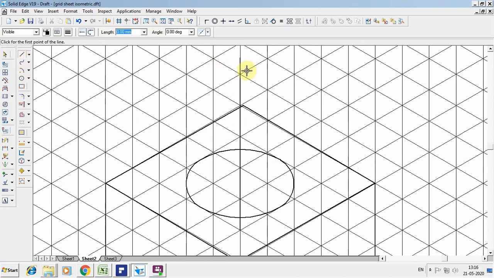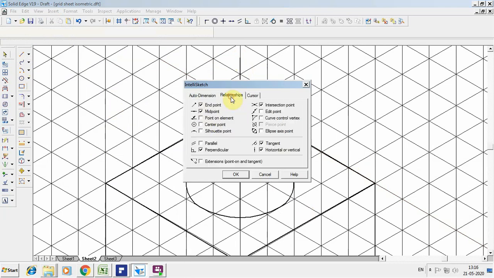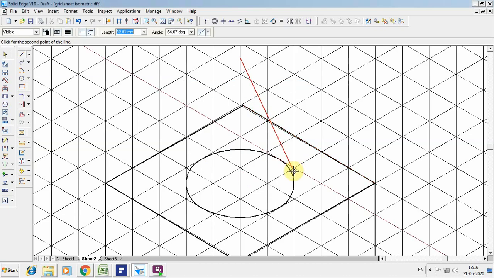When you are going to join the line, we should have visibility of the tangent line. So again you go for the thing, and you can extend the tangent line. So tangent line is available. So I go for that. You can see the mark on the screen. It shows as a tangent. So click on that. So it will be a continuous line over there.